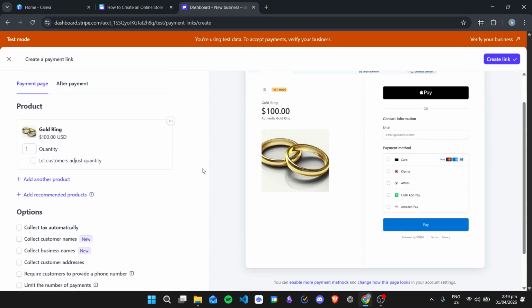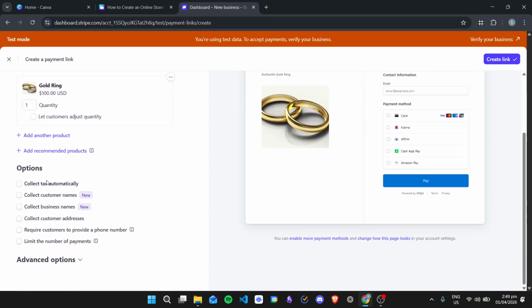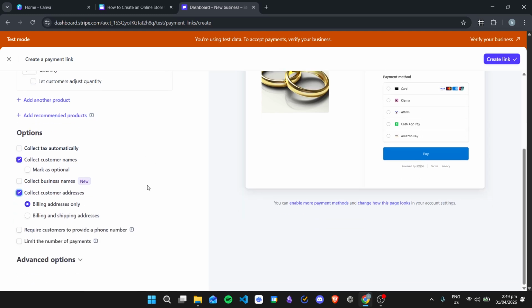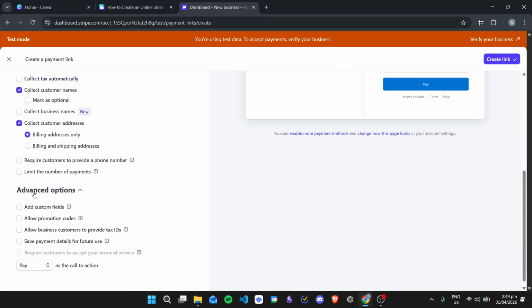So from here, you can add some options like collect the customer names right here. You can collect tax automatically. You can also collect the business name, the customer address, and then the phone number, and then the number of payments. You can also have advanced options right here if you need to add custom fields, promotion codes, and so